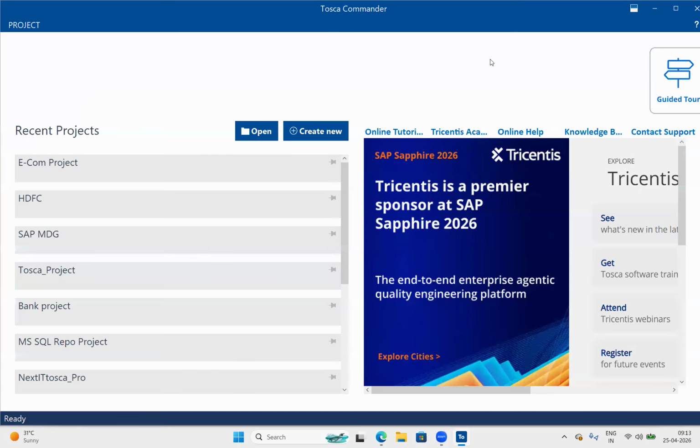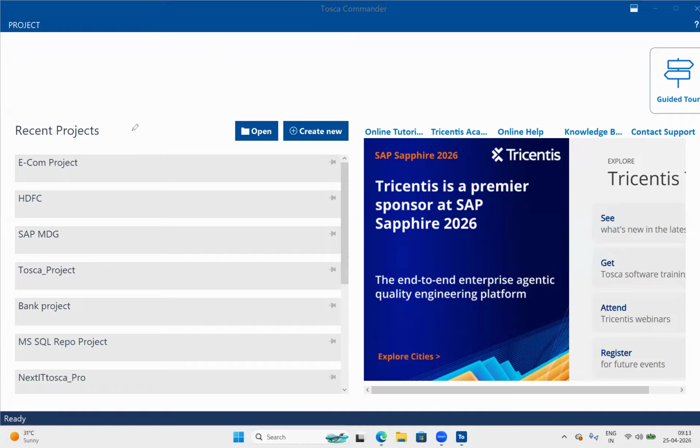See here, once we open this, it checks the license activation. Once license activation is completed, we can see this home page and all the options.